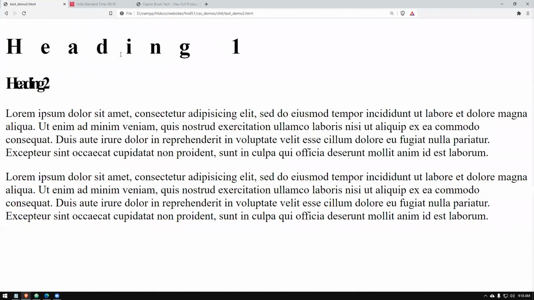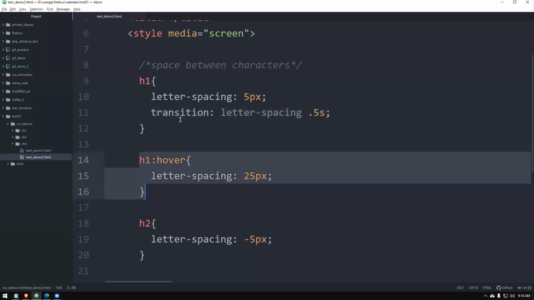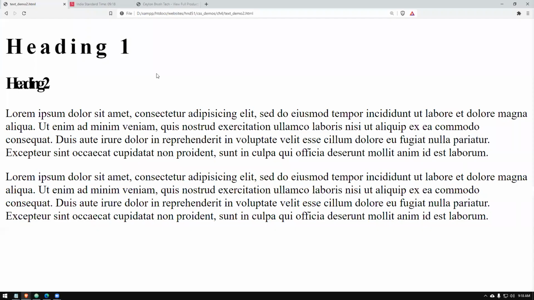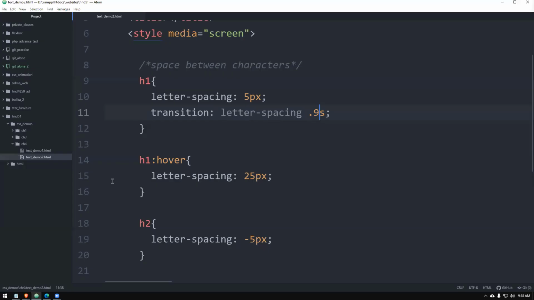Once the mouse pointer comes, I don't know whether the animation is smooth over Zoom, but once the mouse pointer comes, you can have something like that. Okay, so we will be learning about how to do these animations or transitions later. But what I mentioned is the transition property, and I mentioned the time, right? So 0.5 means half a second, right? So if you give it like that, it will be a little bit more delayed. So very slowly, it's taking time to do that. Okay, if you like, you can practice that also.